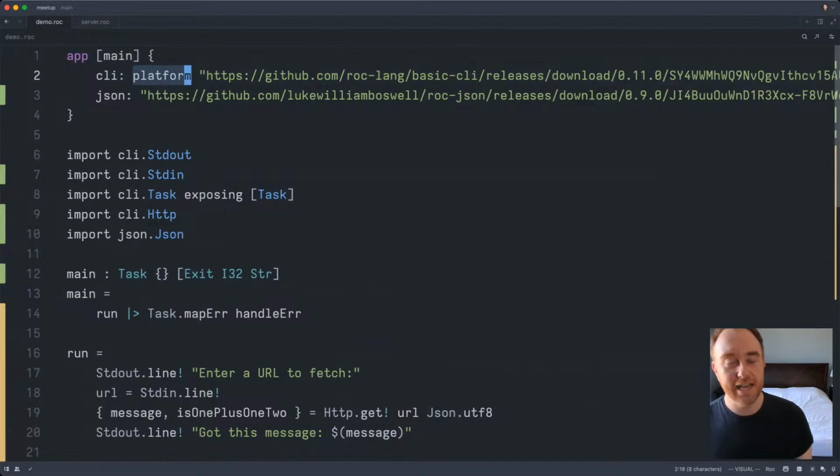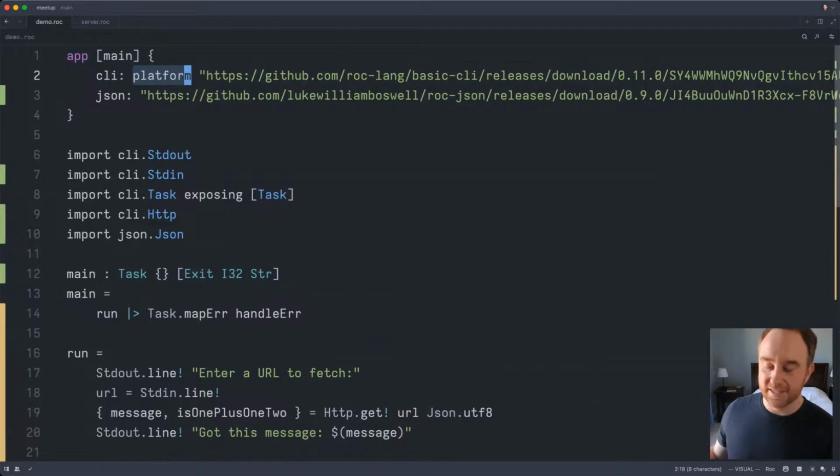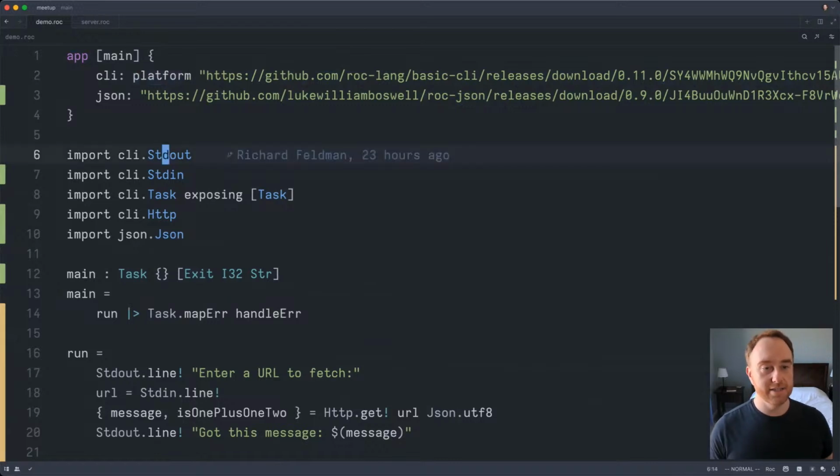And a question everyone always asks is, can you have multiple platforms? The answer is no, because, for reasons that I won't get into here, essentially it wouldn't make sense. You can think of a platform as something like a framework, in the sense of the level of abstraction that you're dealing with. When I'm importing std out and std in, I'm importing them from the basic CLI platform, which I gave a little alias of CLI for short,